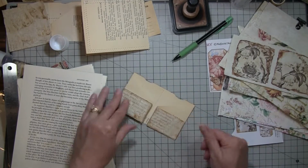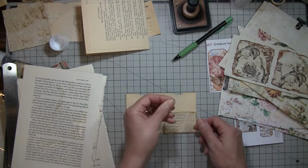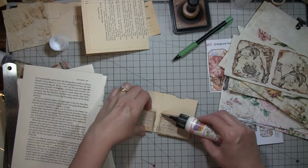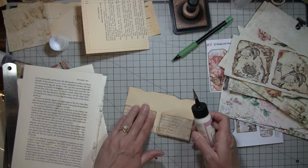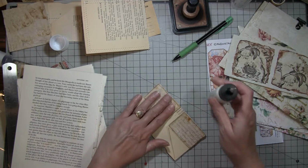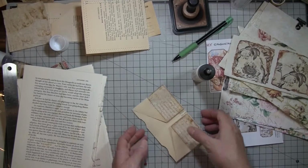Okay, so you can decide if you want this open, more like a tuck type thing, or closed. I think I'm going to close it, and I'll go ahead and probably close that other one too, because I'll wait till I cover it with paper. Just get these little flaps down. Okay,